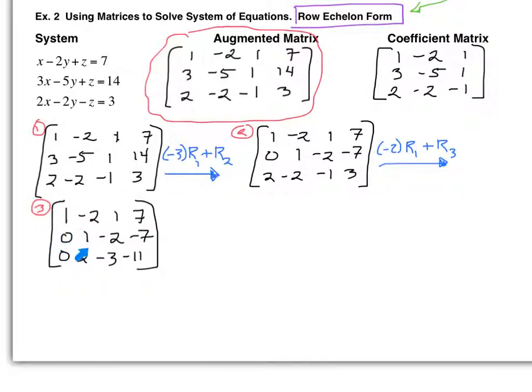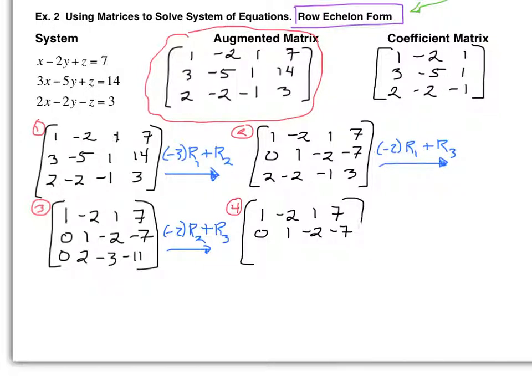So what do I want this to be to make this a 0? -2. So our rule is going to be to multiply -2 to row 2 and then add that to row 3. So write in the rows that are not going to change, which would be the first row, 1, -2, 1, and 7, 0, 1, -2, and -7. And then our third row is going to change. So we're going to take row 2,